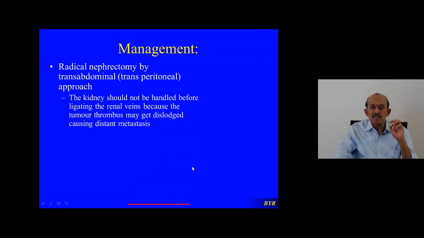If metastasis develop after removal of the tumor, after surgery, what do you call those metastases? If a patient develops metastasis a few months after surgery for the primary tumor, what do you call it? Good. It is called the metachronous metastasis. If primary and secondary both appear at the same time, we call it synchronous metastasis.